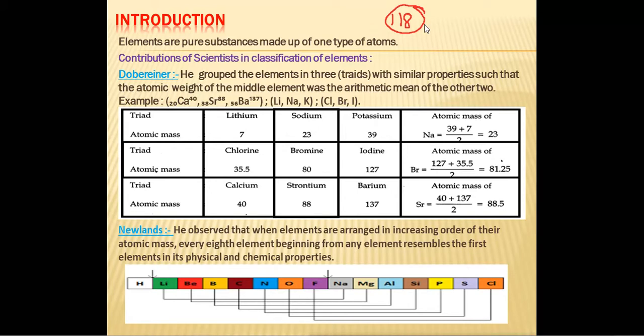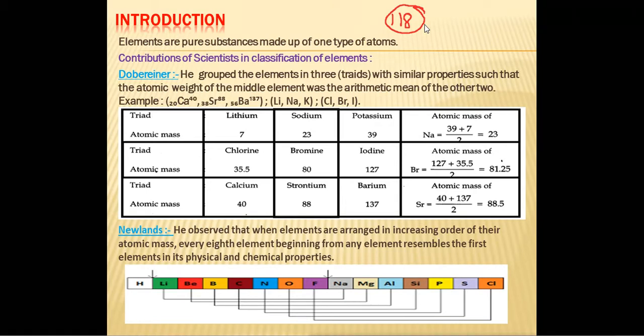So what scientists did, they grouped the elements into groups and periods. Means the elements which have similar properties are placed in one group, and the elements which have similar properties are placed in the next group. Like that they differentiated the elements on the basis of their properties and placed them in groups and periods. So various scientists came at that time and gave their views, and they contributed a lot in making the periodic table, and for making the study easier.